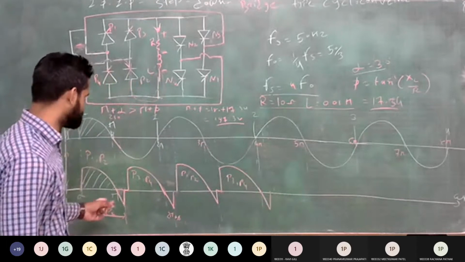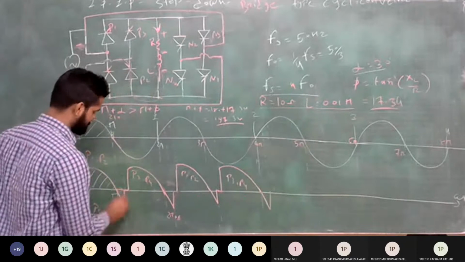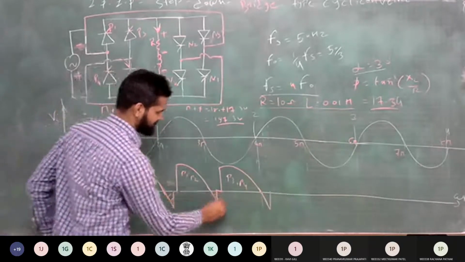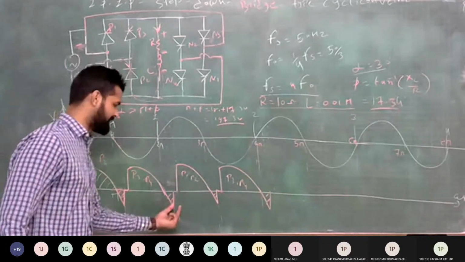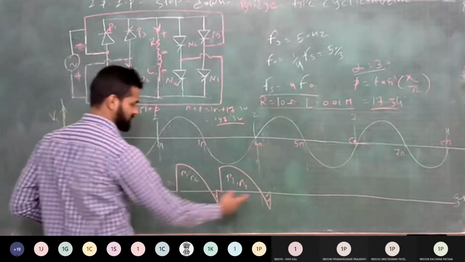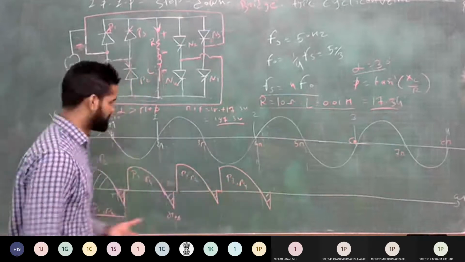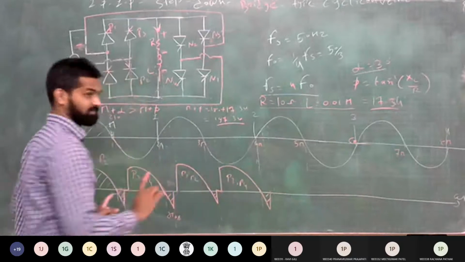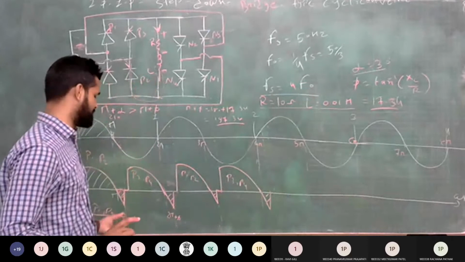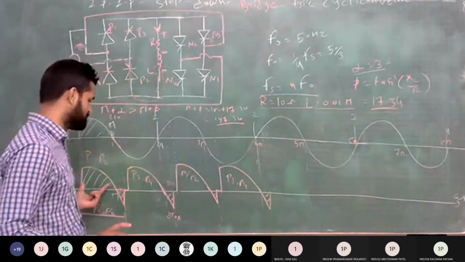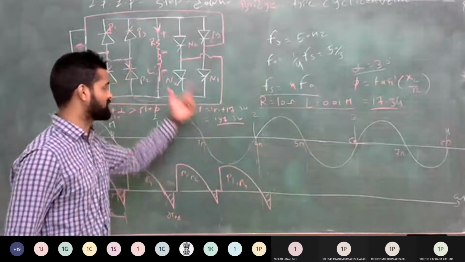Now you can see that you not only get the positive voltage in 2 cycles, you get the positive as well as negative, this part. But you can see that this negative voltage duration is very small, its magnitude is very small. So if you take the average of this voltage over 2 cycles of supply, it always comes positive. So it means that in 2 cycles you get only positive average voltage. Clear? This negative you get because of the inductor, but its value is very small compared to the positive value. So the average is positive.